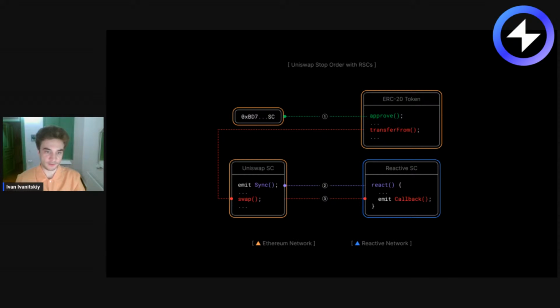And then a callback swaps the tokens for the user. So basically, it takes the user's funds, then it swaps it on the Uniswap pool, and then it sends back to the user, all within one transaction as usual for swaps, right? So this is how a stop order